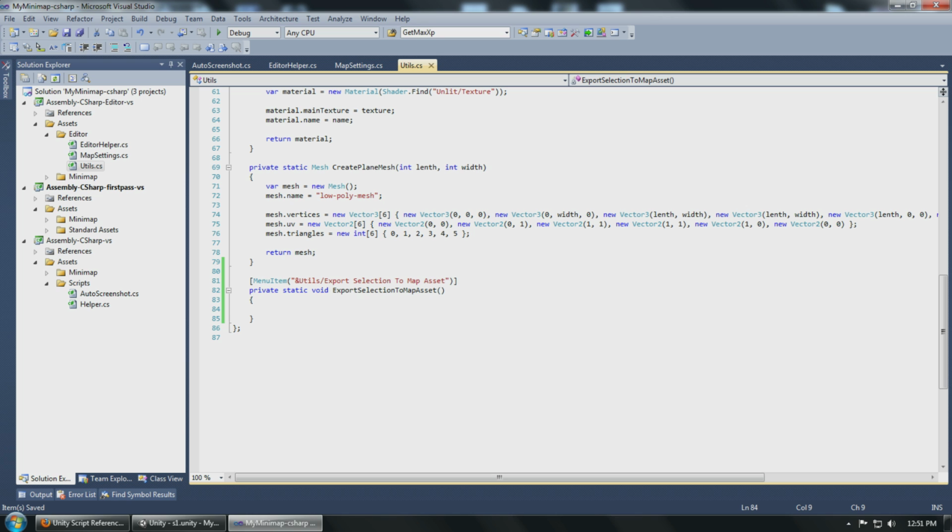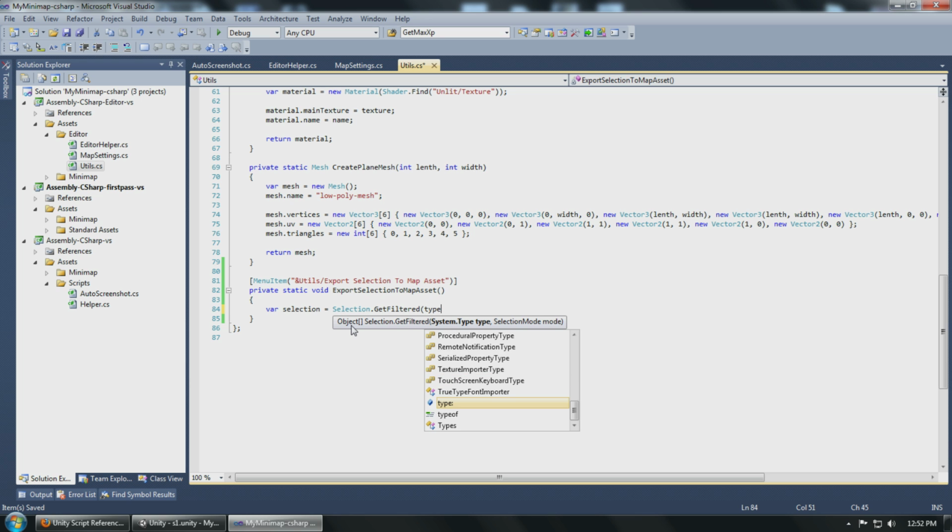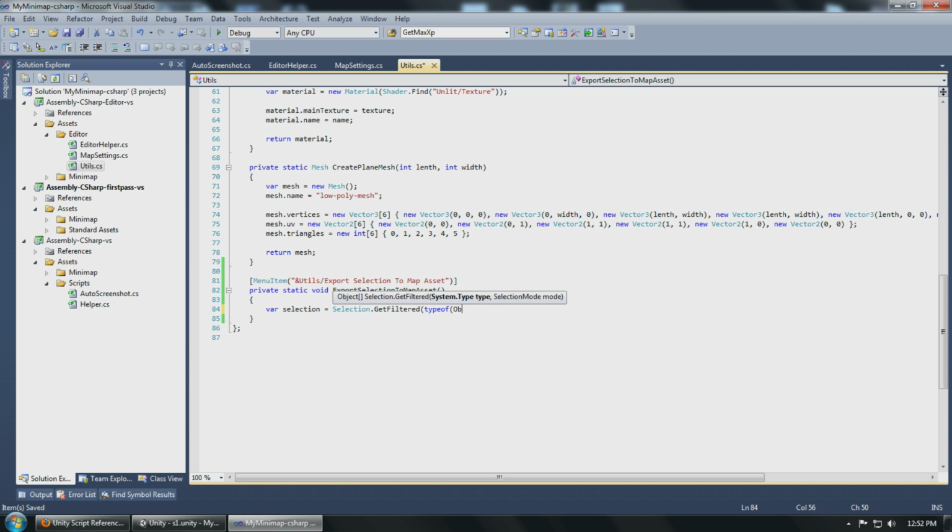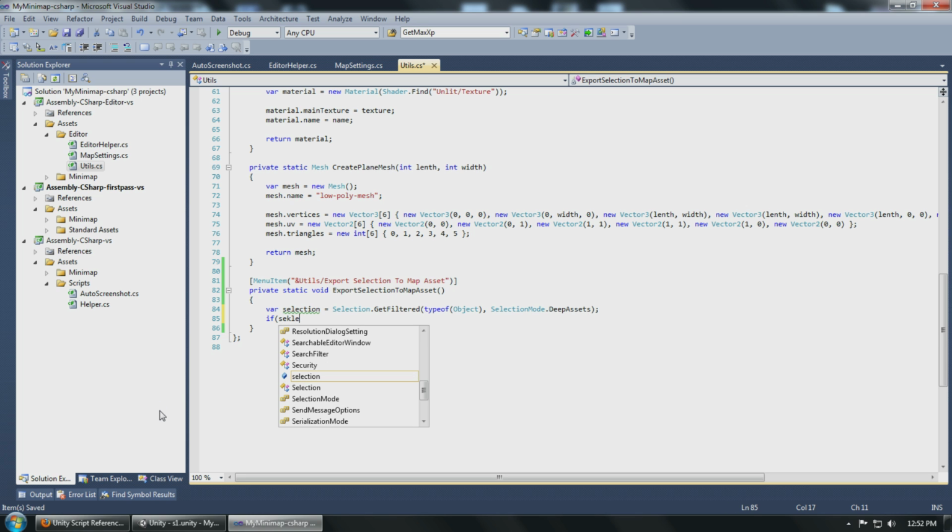Now what we're going to do, we're going to get the selection as we did earlier. Same thing, Selection.GetFiltered, and this time we're going to get Object or GameObject. You know what, since we will also need the settings file, let's say GameObject. Oh, my bad, Object, and then we have to provide the selection mode, DeepAssets. And if selection is not null,